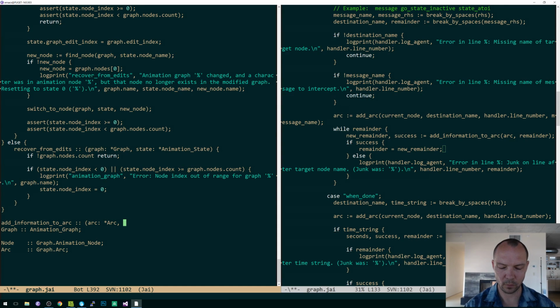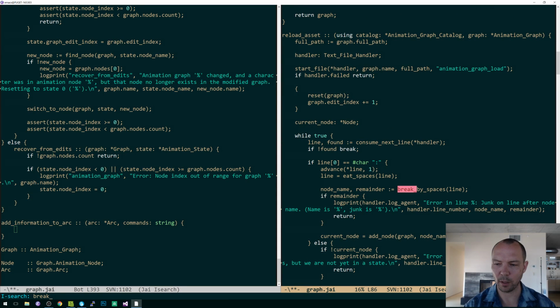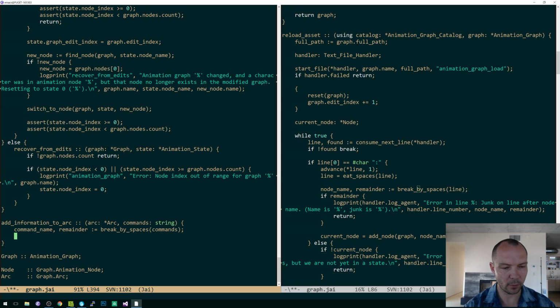Arc and commands is a string, right? And we had our break by spaces. So command name, remainder is break by spaces commands. I believe there's no way in which this should fail because we trimmed off all the external spaces, so there should have been something here. So if command name is equal to, if it's time,